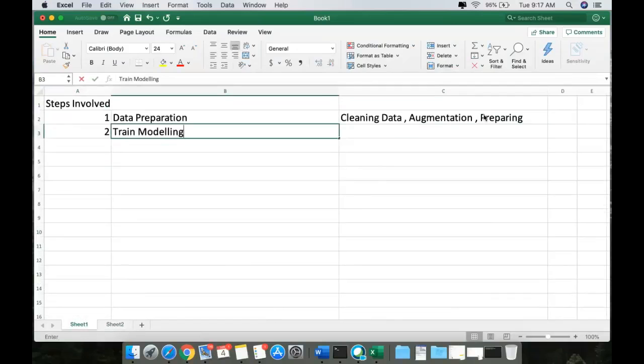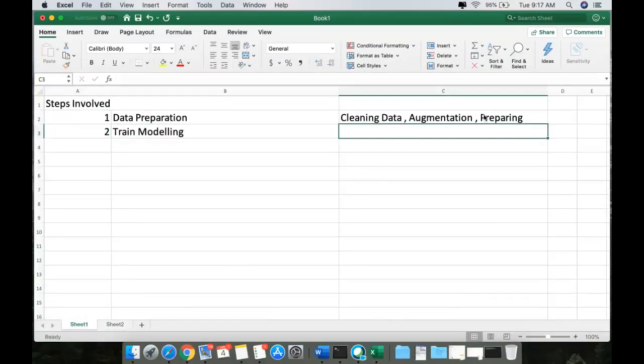So what do we do in this phase? We divide our data. Let's say a data set contains around 100 records. I divide them into 70 and 30. If you have 100 records, I can basically divide it into train and test data. Training will contain 70 records, and the testing will contain 30 records.